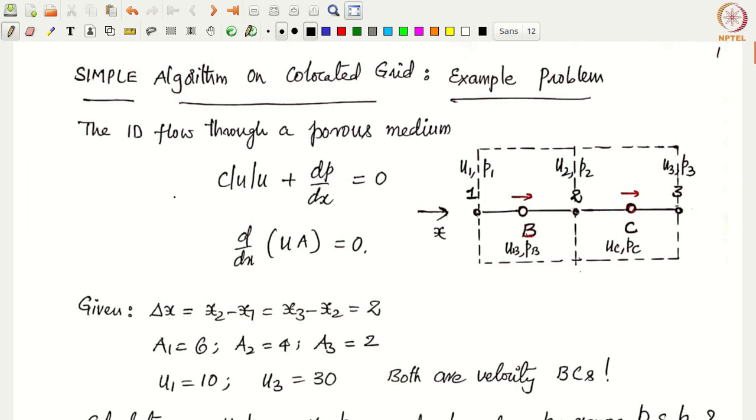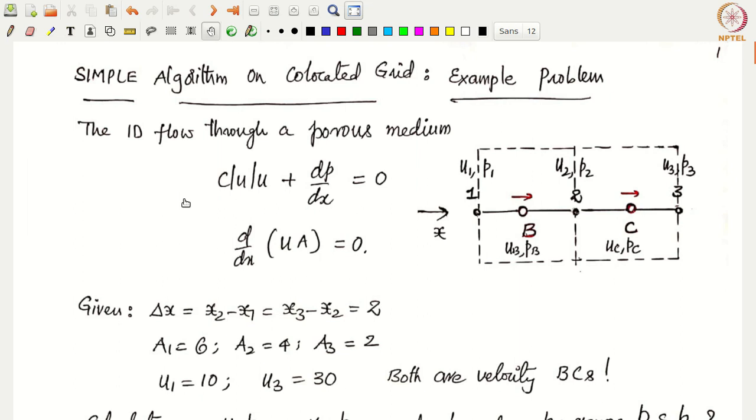Essentially we will first set up the problem, and then we will see how to code this and try to run it. So that is the agenda for today. We will take the same problem that is there in Patankar's book, which we have already done for a staggered grid. We are now reformulating the problem statement such that we can apply it to a collocated grid.